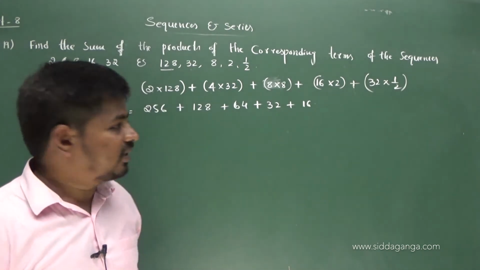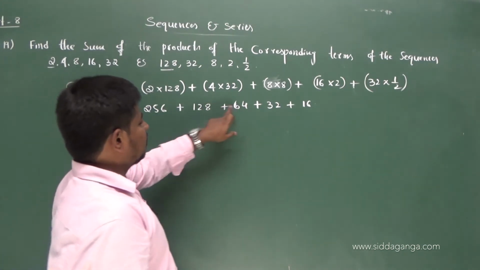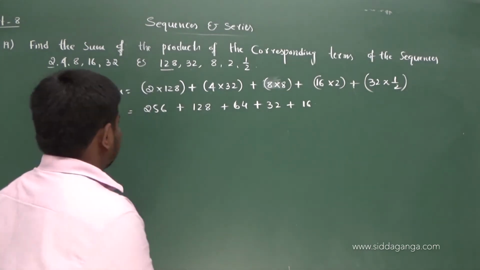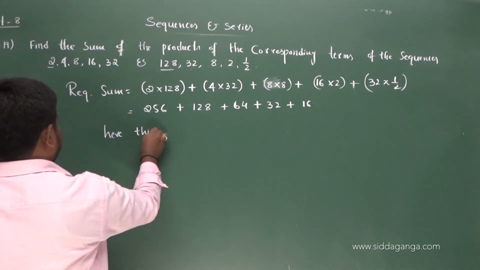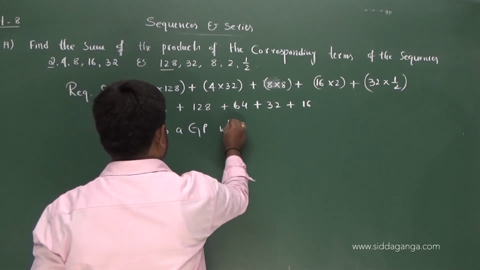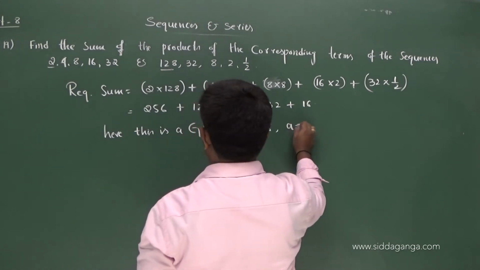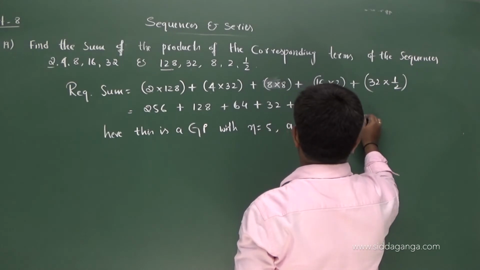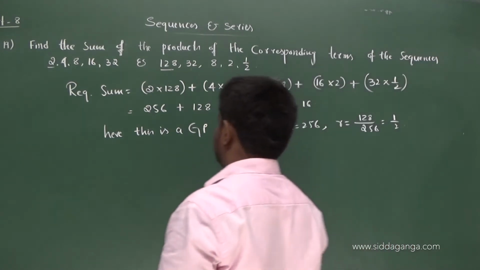Of course, this is a GP, right, because when you find the common ratio, meaning A2 by A1, you get 1 by 2, this by this you get 1 by 2, so 16 with 32 you get 1 by 2. So this is a GP with n equal to 5, yes, we have 5 terms, A equal to 256, and R is 128 divided by 256, that is equal to 1 by 2. Hence, the required sum is